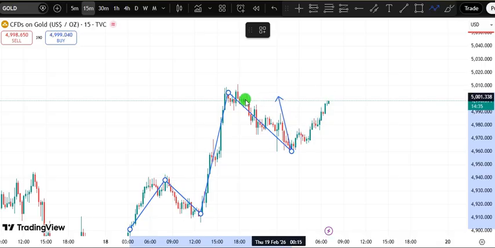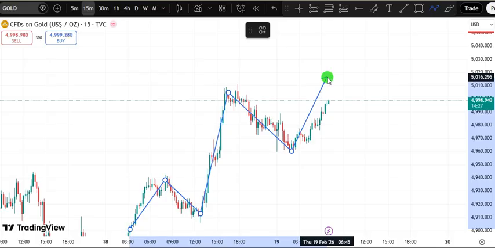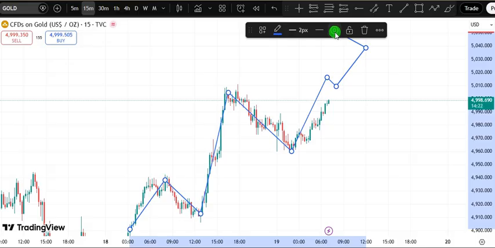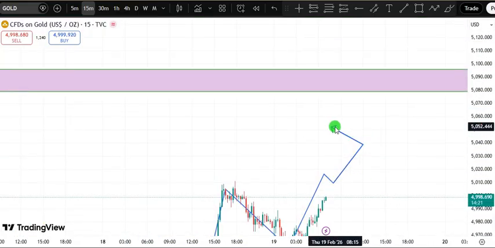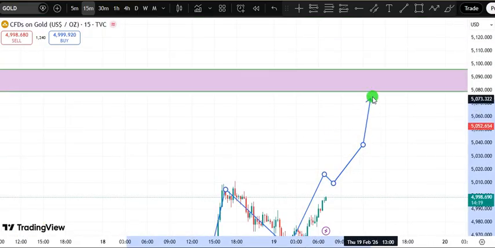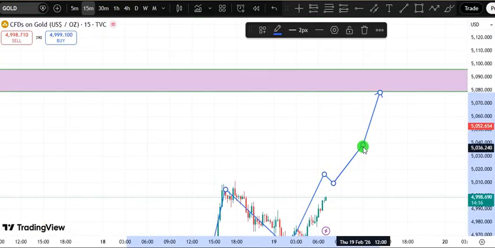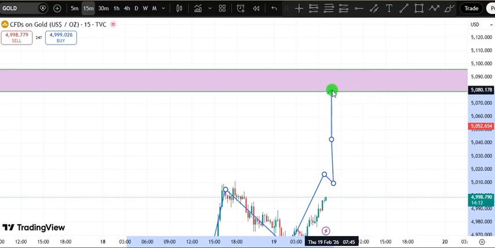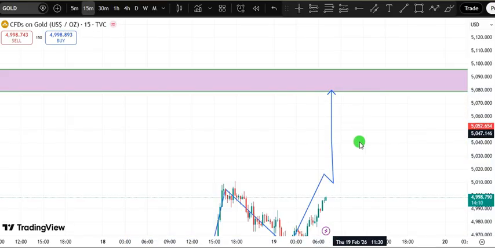But for us to continue going long, since we're already here, as if we went long somewhere here, this would have been our first TP. Since we're already there, we have to wait for it to move again for us to go long to the next level. So let me take this down so you can actually see the next level I'm talking about. That means to this level right here. Let me move this. Okay, I think that's clear enough.